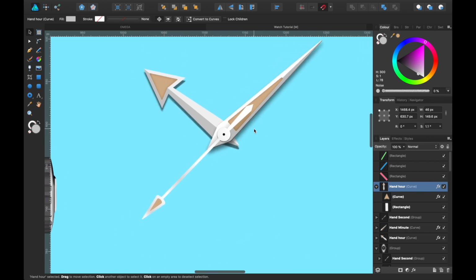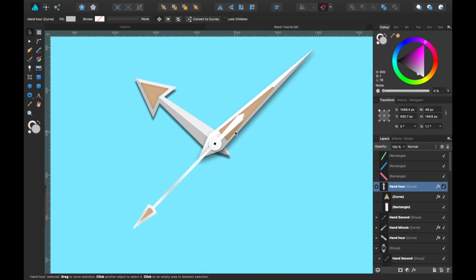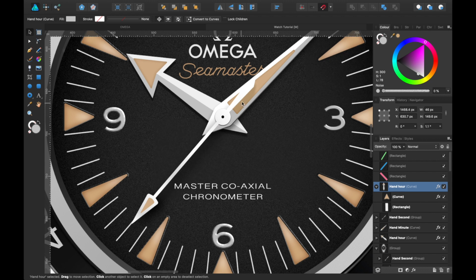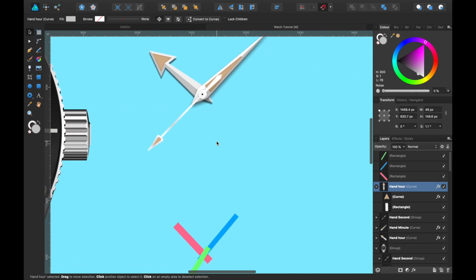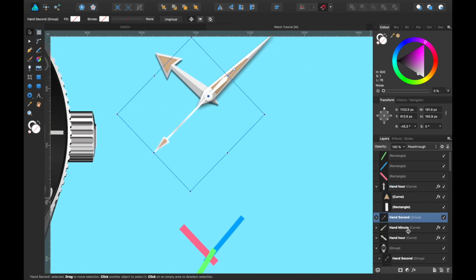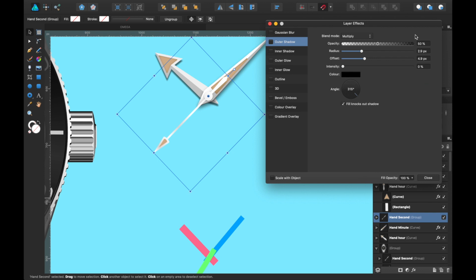One other thing that I did notice when I was creating the shadows, it worked well for the ones down here and in the middle, the minutes hand, but when it came to the seconds hand, a little bit of shadow was cast on this hand, but then also, if you look over on the watch, a little bit was cast on this minute hand, but then I also wanted to include a shadow on the watch face. Now, it's not going to look realistic if you create a shadow on the second hand, and I'll go ahead and show you now.